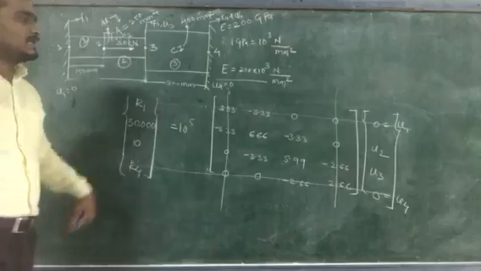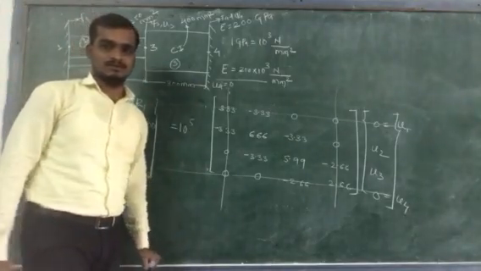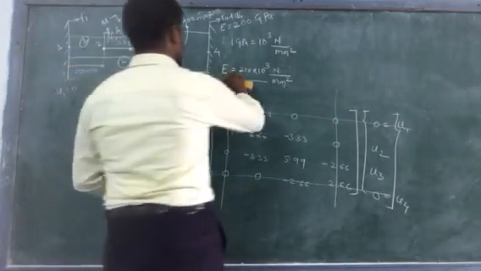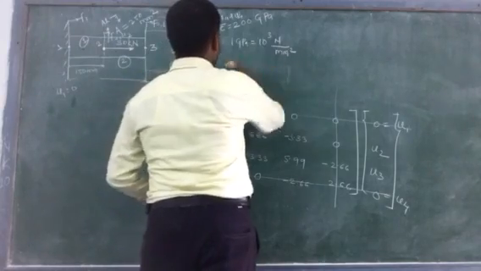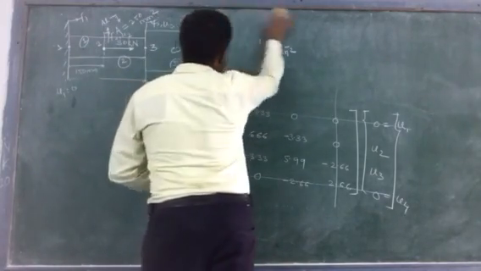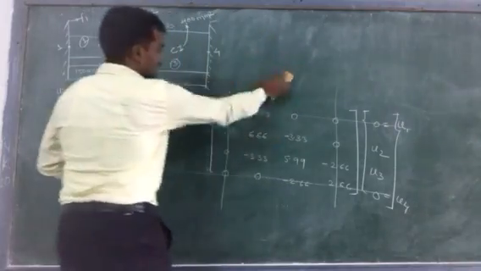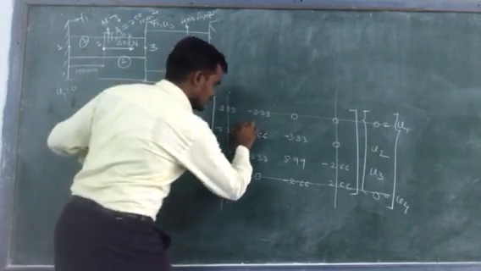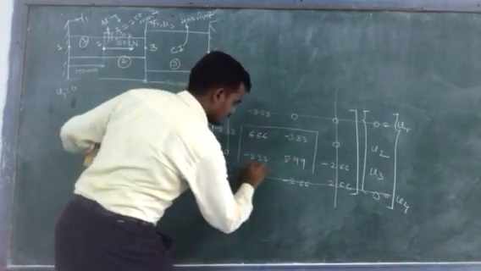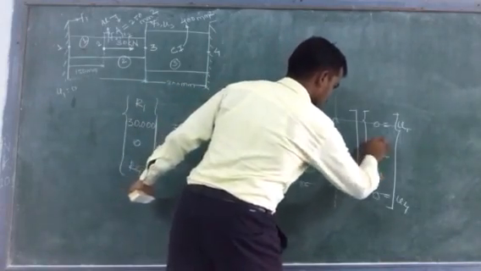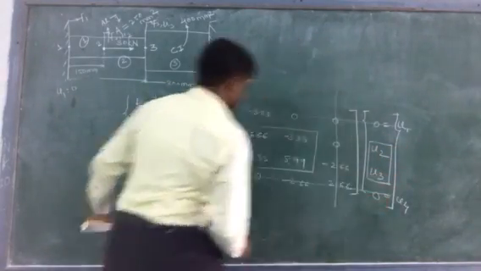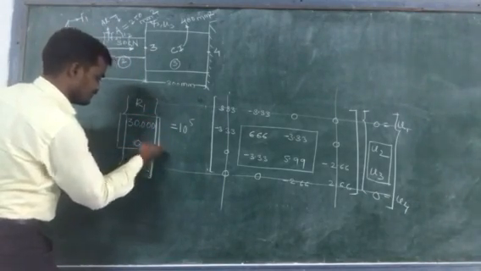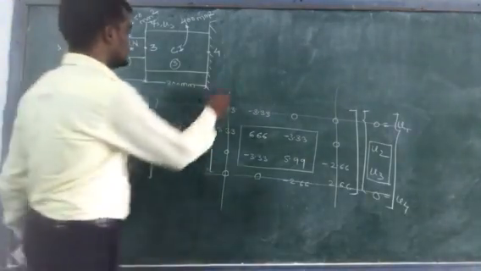Now next is what? Write down the remaining equations to get the displacement value. So we will write here the remaining equations. After elimination we will get the remaining values. These are the remaining values, so from this you can write